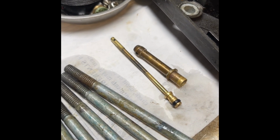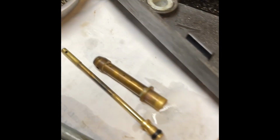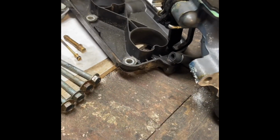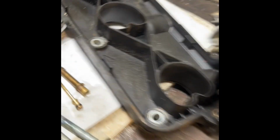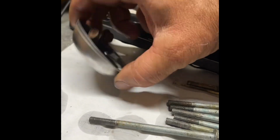To put it back together, the tapered end of the sleeve that's about 1.5 inches long goes down over the smaller jet, and it slides down into this main jet, and then the plug, which is over here, that plug at the bottom of that bowl, right there, that plug goes,